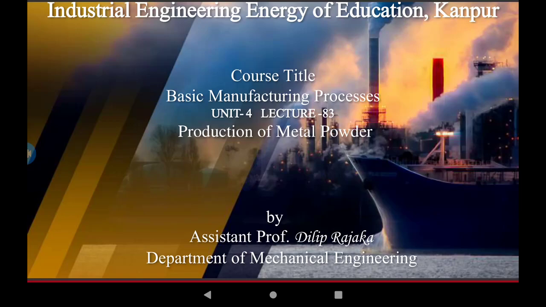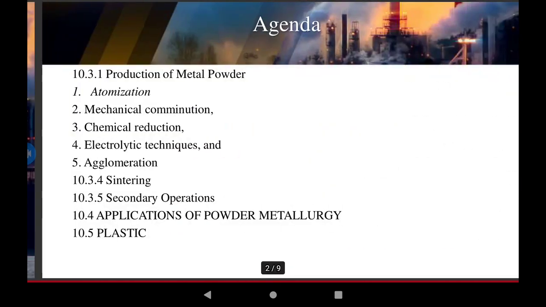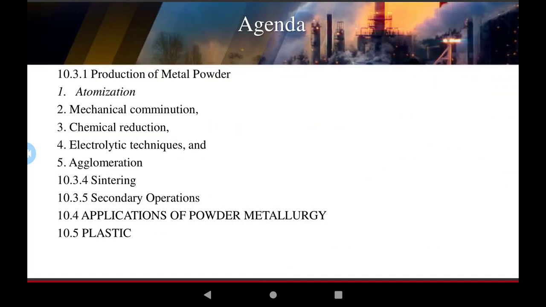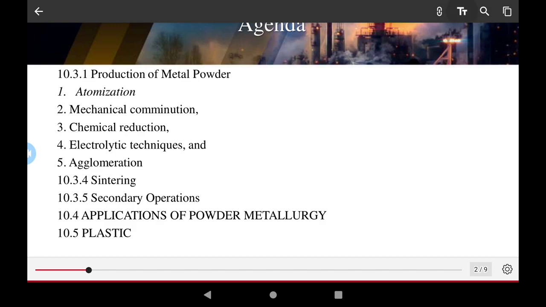Welcome to this course, Basic Manufacturing Process, Unit 4, Lecture 83: the production of metal powder. In this video we present the details of the production of the powder of metals. Some of the points required in this video cover the production of metal powder. This operation is required for atomization and the chemical composition of the powder,